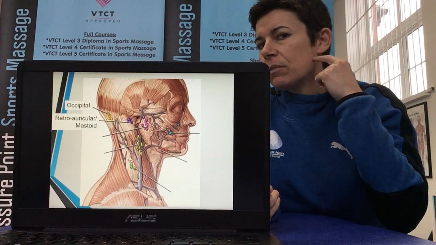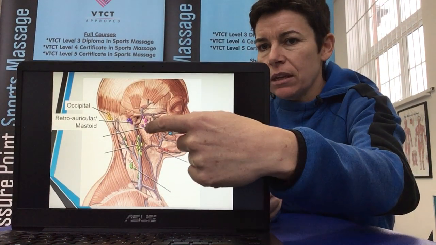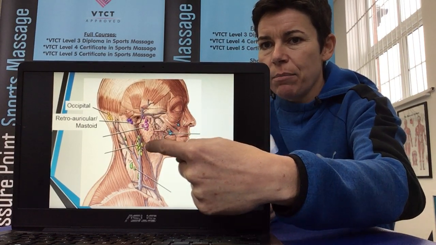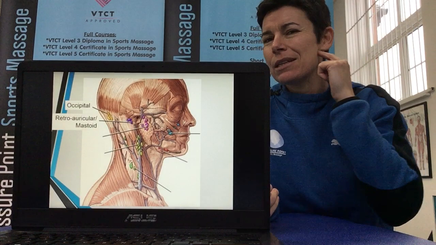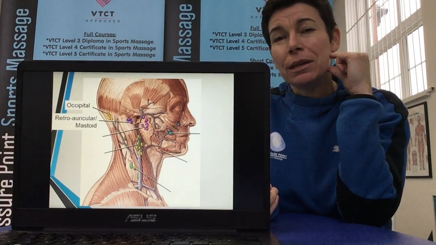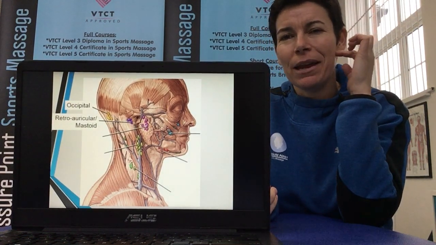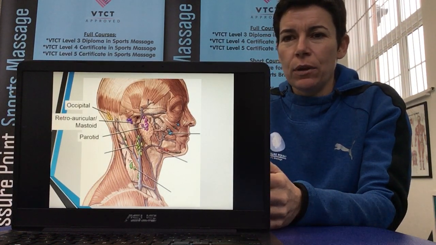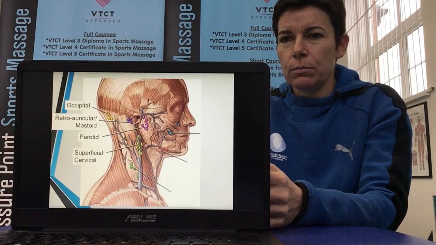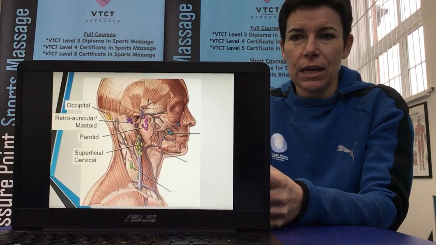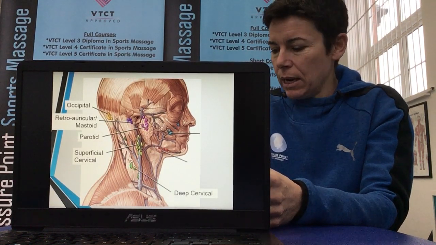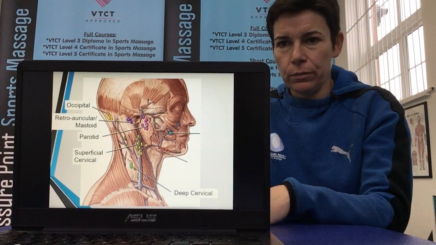And then there's some lymph nodes just found here, and if you can see the purple, the nodes, you can see that big gland there is the parotid salivary gland. That's the one that when you eat something like a lime or lemon, it kicks off a little bit. You can feel it. But on top of that, you've got your parotid lymph nodes. And then we have some cervical ones. We mentioned those on the last slide. The ones nearer the surface are the superficial, and then ones deeper down in the neck are the deep cervical,